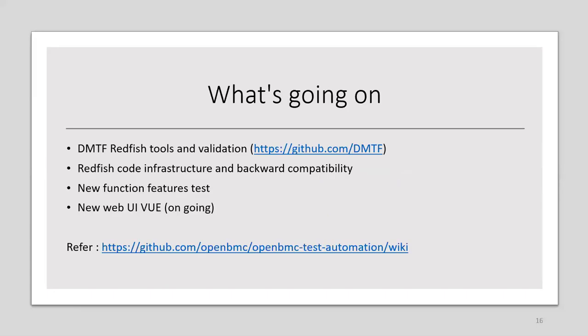Okay, so what are the current test activities going on right now? Just to give a brief overview, since the community is doing a lot of work around Redfish, you must have noticed that if you make a change in the BMC web code, we run a DMTF Redfish validator script using our OpenBMC test, which will tell you if your code creates new problems, and it will report it back. This is also run as part of the Harvest CI test